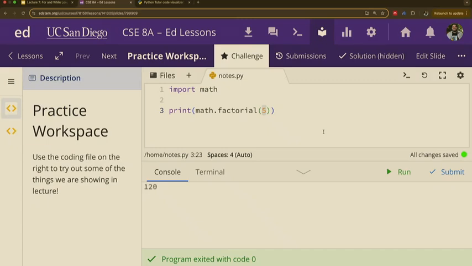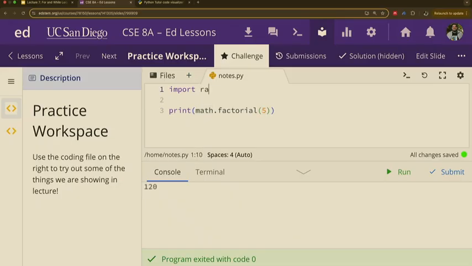Okay? The reason why I'm showing you this is because someone else wrote that stuff, and I don't have to worry about it at all anymore. We could write our own factorial thing, but why should we write something that someone else already wrote for us? Something that has been tried and true and tested. So we can just use math.factorial.